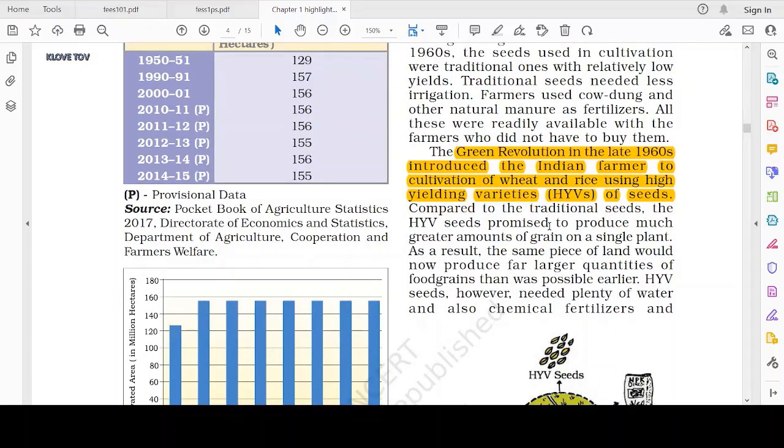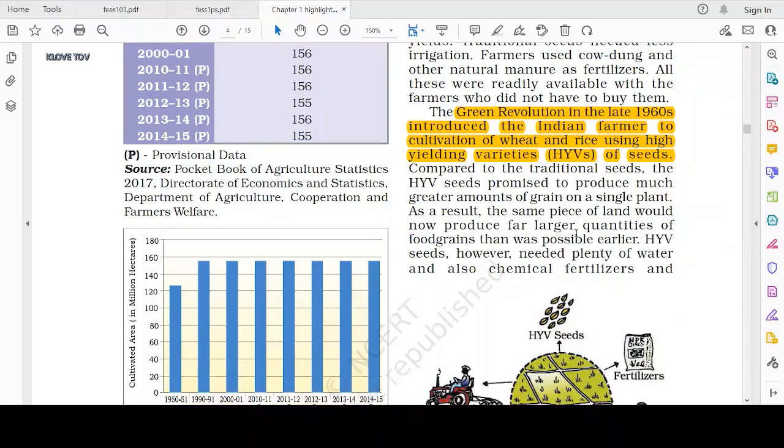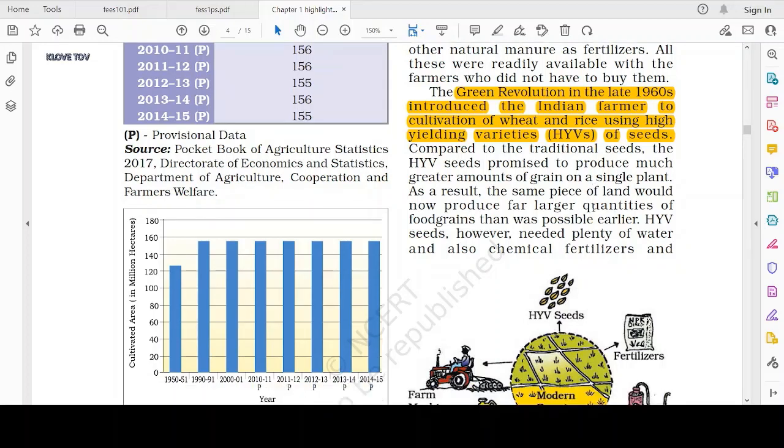The Green Revolution in the late 1960s introduced the Indian farmer to cultivation of wheat and rice using high yield varieties of seeds. Compared to the traditional seeds, the HYV seeds promised to produce much greater amounts of grain on a single plant. As a result, the same piece of land would now produce far larger quantities of food grains than was possible earlier. HYV seeds, however, needed plenty of water